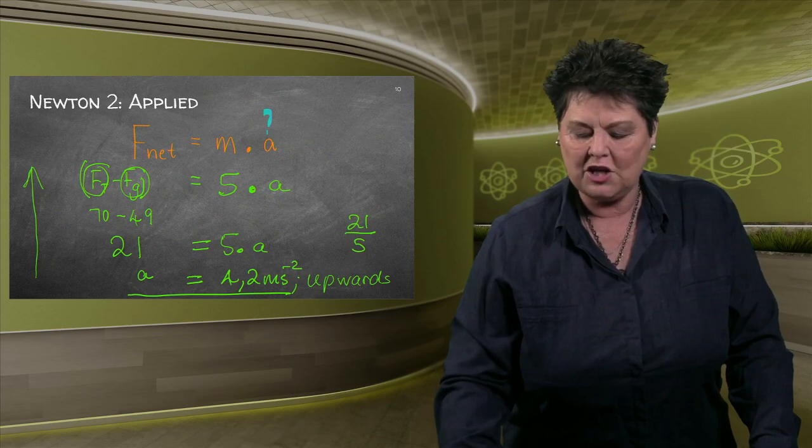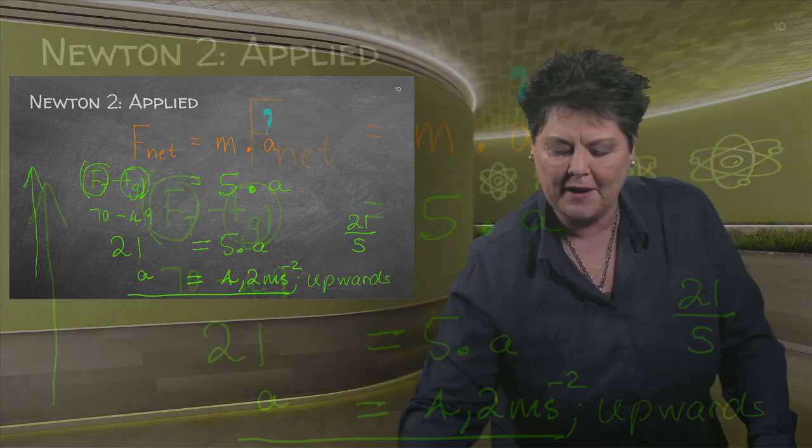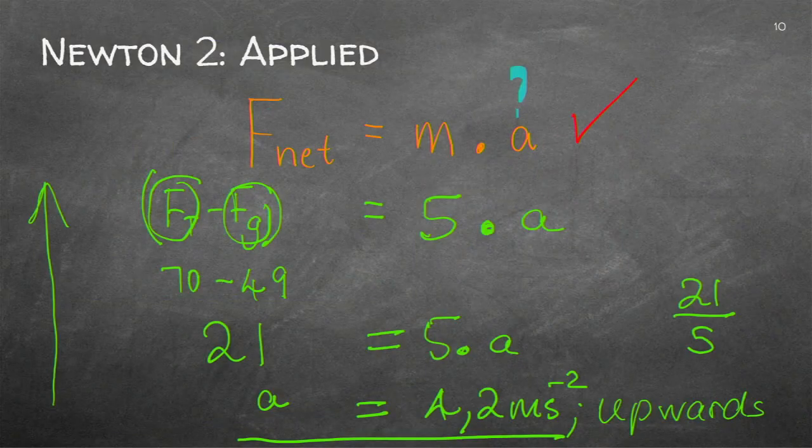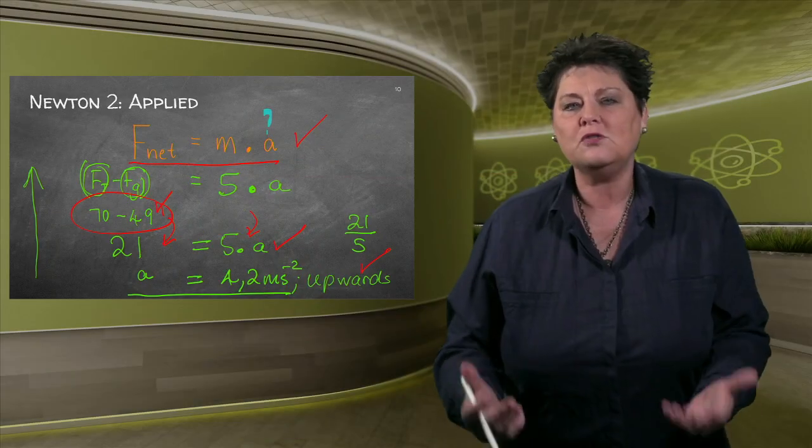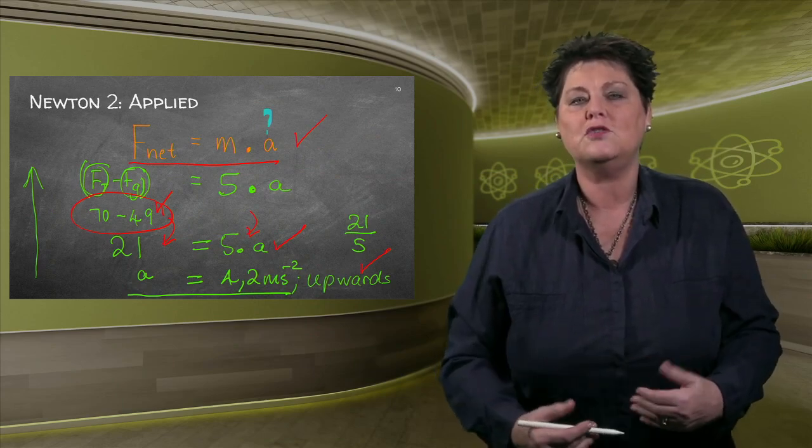Let me just quickly show you how they'll mark this in a paper. You get 1 for the equation. You'll get probably 1 for finding the F net. You'll get 1 for the substitution, and you'll get another mark for the answer. So make sure, even if you make mistakes, that you write down the equation, that you do work out the F net, and that you actually substitute that into the equation. In many cases, you work with wrong values, but you'll still get marks because you're applying Newton's law correctly.